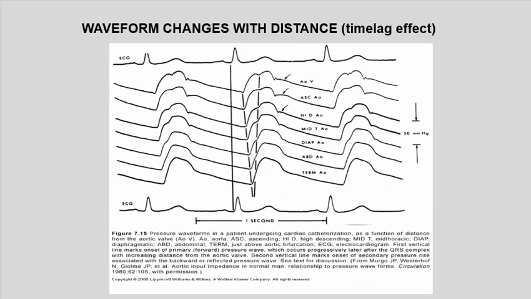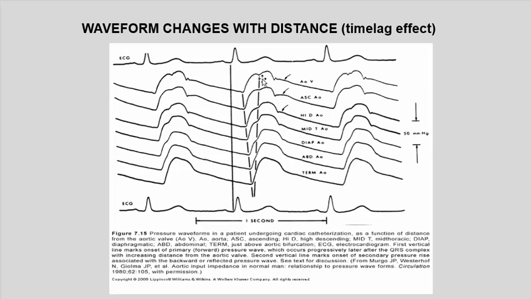Simple enough. And the last slide in this series is waveform changes with distance. I mentioned the reflected pulses. These, again, are arterial traces with distance away from the aorta, down the length of the aorta this time. And you notice that there is a time lag in the onset of the pressure wave. As it moves further down, it takes longer to arrive distally, and that reflected wave does the opposite. The reflected wave, of course, is closer to the femoral artery, so it makes its impact much more quickly than